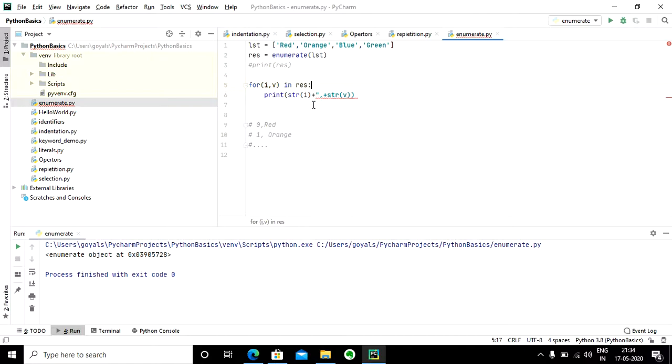Let me check if it is correct syntactically. There seems to be some issue. There is a typo. Yeah, now it looks correct. So I am printing the key or the index, and I am also printing the value, and both of them are separated by a comma. Now if I execute the code, the output would be something like this.